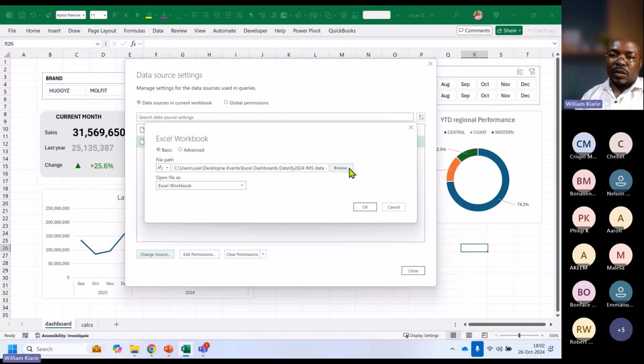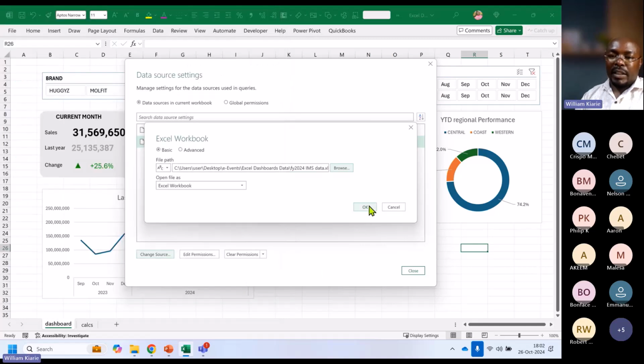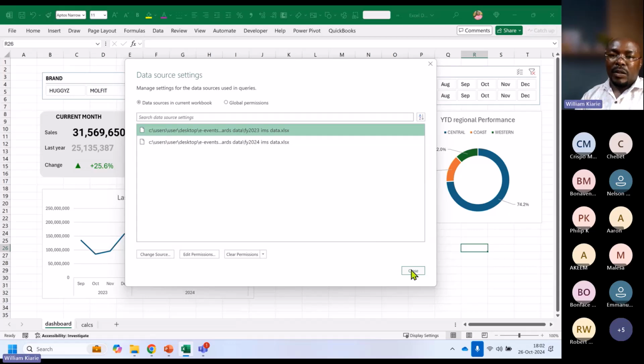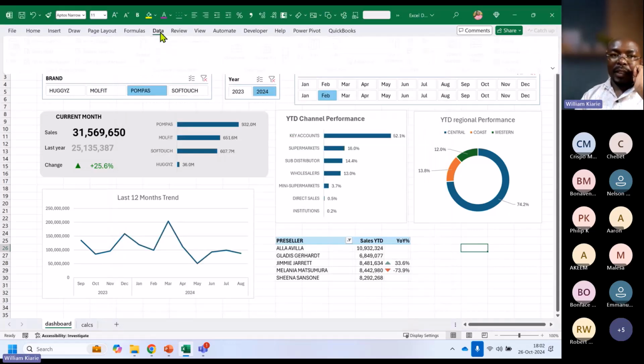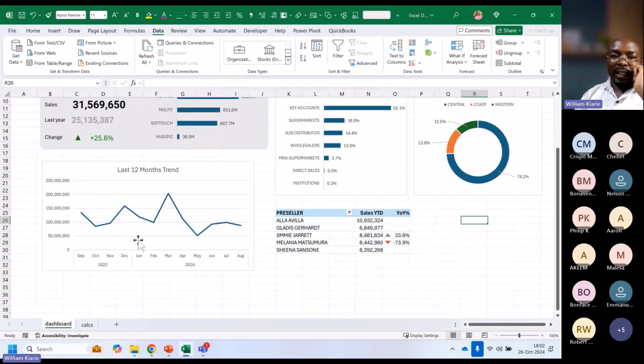And then I browse and take this one, which is having September and October. If I click import and press OK, close, I can come to the data tab and let's see what will happen. So we expect, at least on these last 12 months of data, to show up to October 2024, but start from November 2023. So if I click refresh all and cross your fingers,